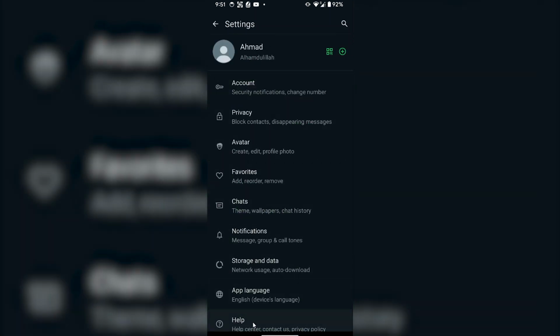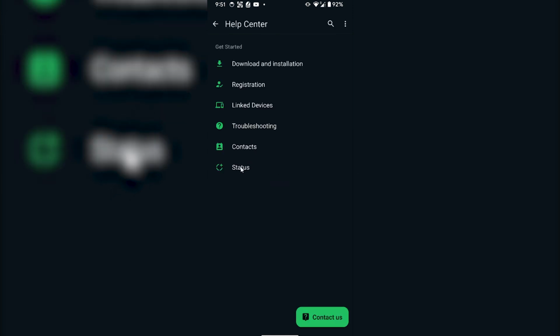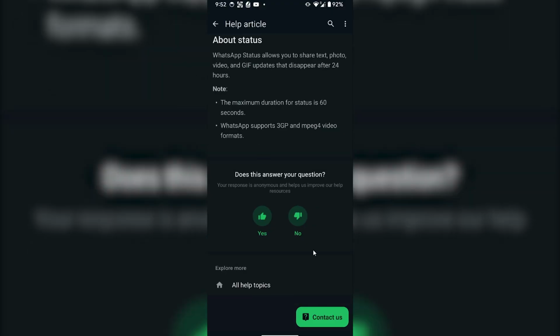From here, swipe down until you see help. Click on help and click on help center, and then click on get started. From here you have to select the option called status. From here select about status, and then select contact us